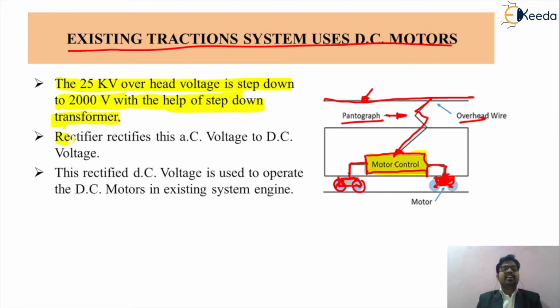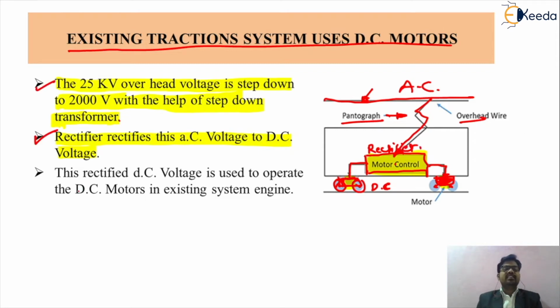The second, the rectifier, rectifies the AC voltage into a DC voltage. Because, friends, as we know, if we are using the DC series motor here, the supply will obviously be AC, while the motor is DC. So if you want to change the alternating current voltage into a direct current voltage, we use the rectifier in that particular motor control unit. So this will be the second task.